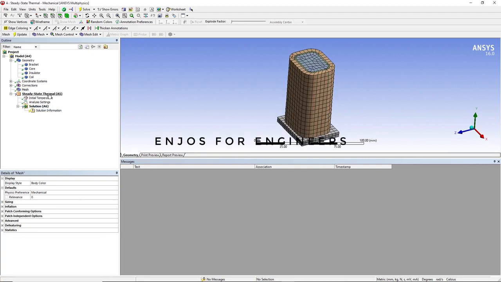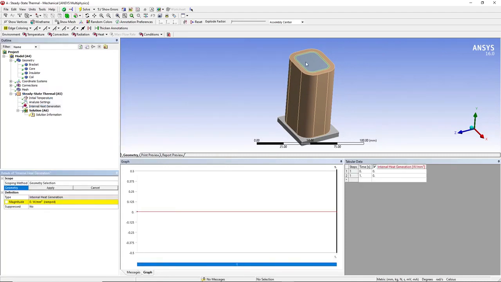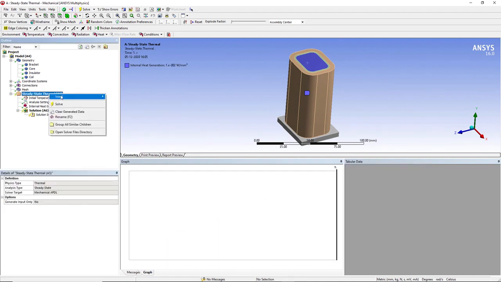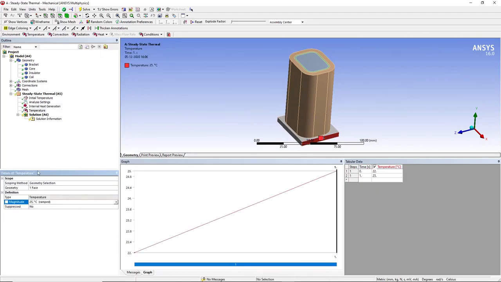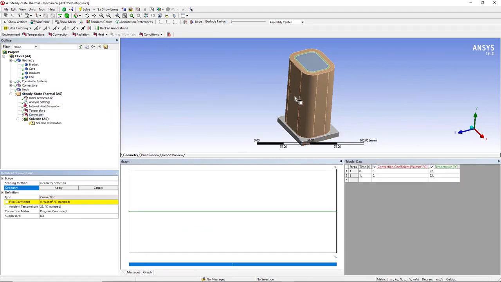Then apply the boundary conditions, right click, insert, and select this particular internal heat generation option, and select this core and press apply. Give the magnitude value of 0.01. Then right click, insert, temperature, and select this selection toolbar and select this face and apply, and give the temperature value 25 degrees. Now right click, insert, and select convection and select all the top faces